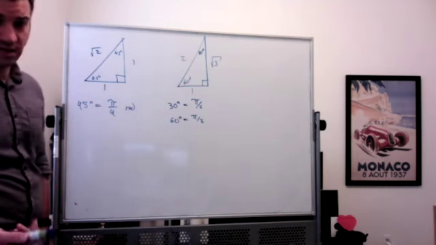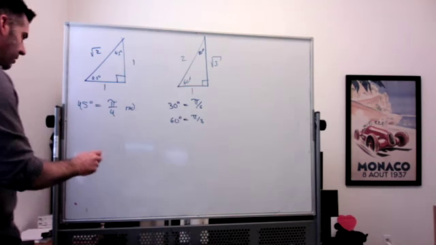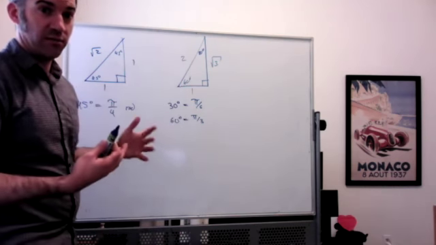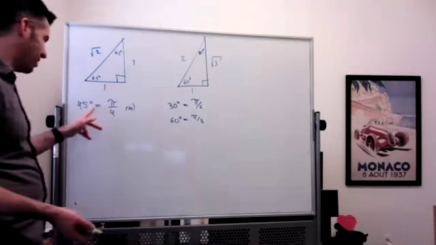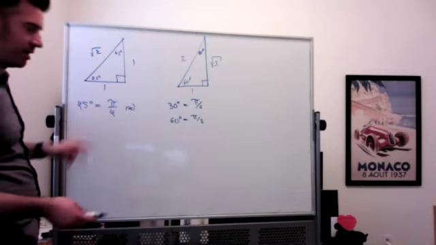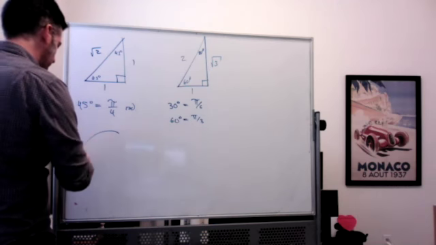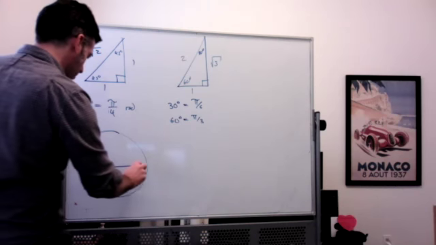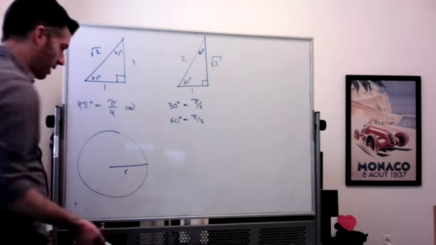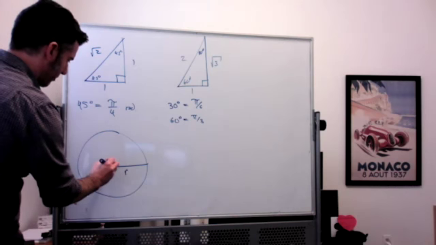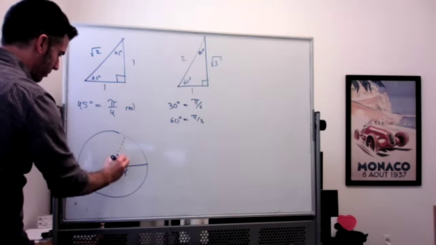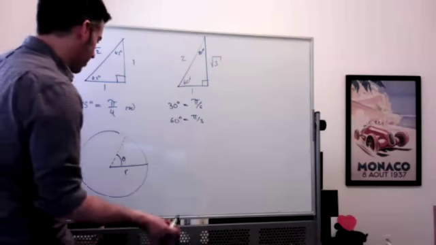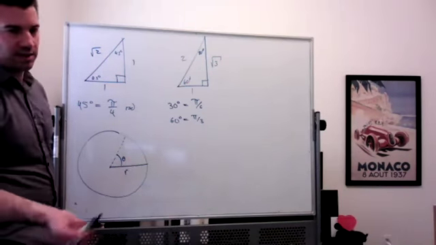How does this radians thing work? Well, the whole idea is that radians are a nice unit of measuring angle because they don't require any sort of unit, whereas degrees, there's this degree thing here. What's actually happening is, if you look at a circle with some radius, let's say you have an angle here. That angle might be some measure of degrees, but you can also say, well, look,